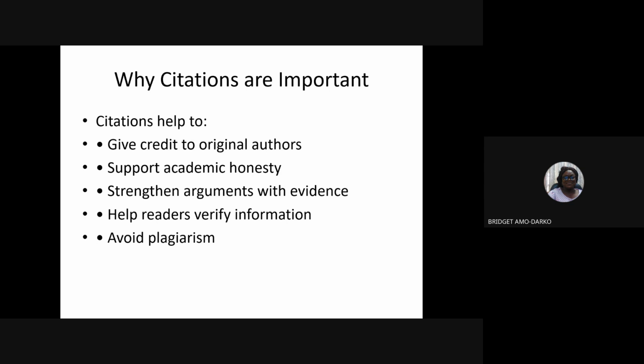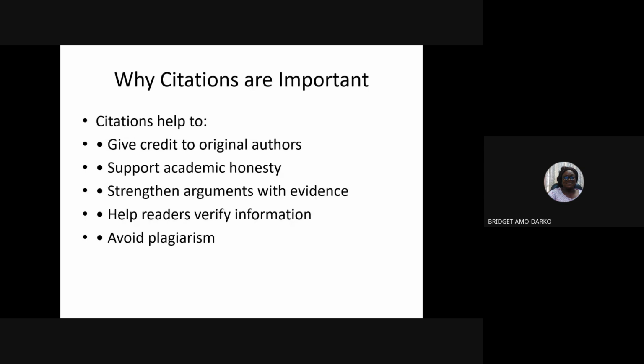It's not my words. These words came from Madam Amonda Ako, 2025. You put it there. These words are not my own. It came from this professor, Samuel Jima, 2024. You put it there. Academic honesty. And it also gives credibility to your work. It strengthens your argument. It helps your readers to find the actual source of the information.